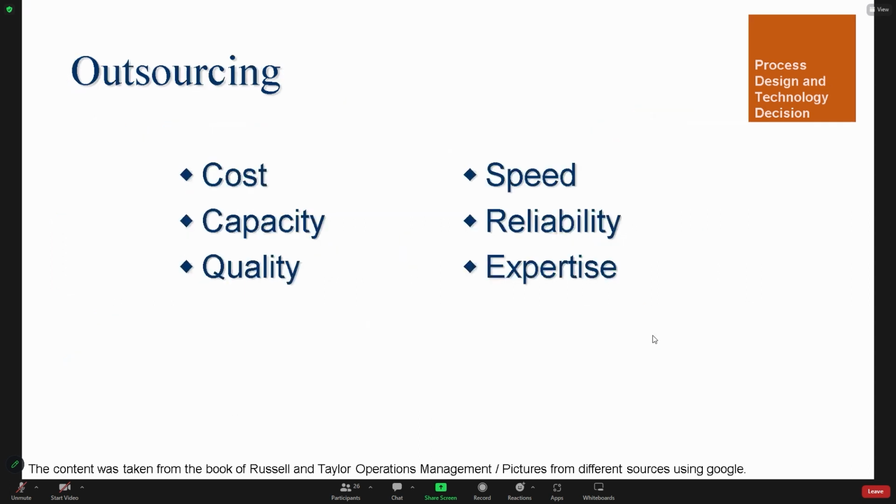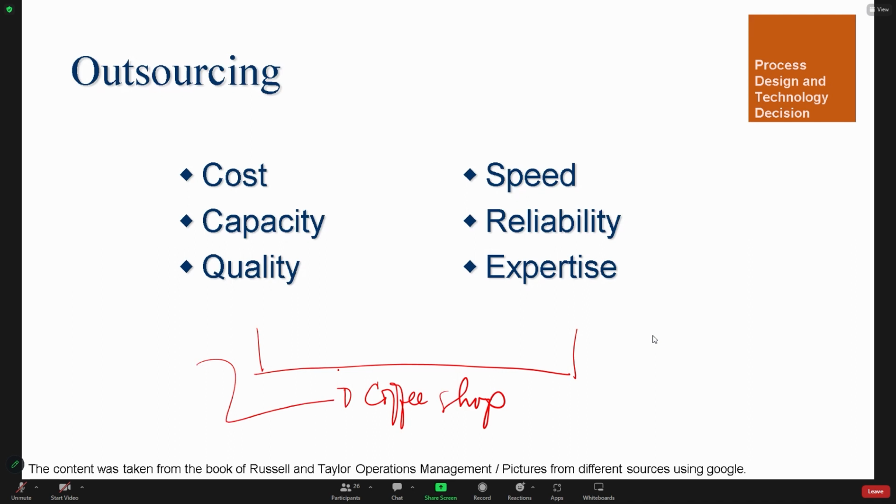Okay. So let's say, for example, sir, I'm going to put up a coffee shop. Okay. And what I wanted now is what? I wanted to outsource my product. I'm not going to roast my coffee. So if you're not going to roast your coffee and you're going to outsource the coffee bean, what is the cost? What is the capacity to produce of that particular company that you are outsourcing? What's the quality of their coffee bean? What is the speed? How reliable is this company and their product that they produce? And what is the expertise of this company? These are the things that you're going to, okay,